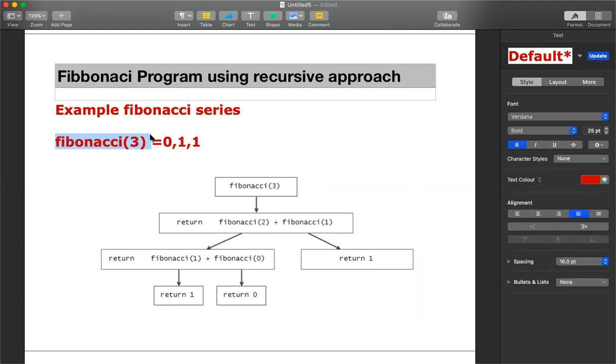But we need to know how the actual sequence is generated. To find the third number, we should know the sum of its previous two, 2 plus 1. Again, we don't know any answer directly. We know the value of Fibonacci of 1 directly, because the first index position will always be 1.